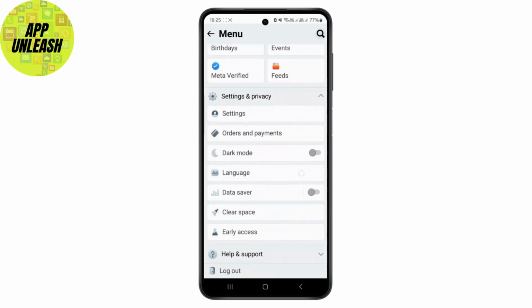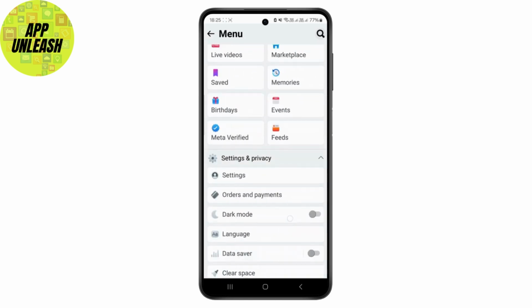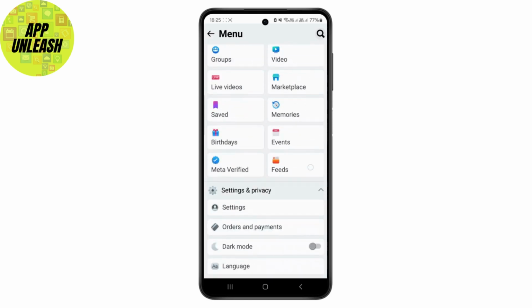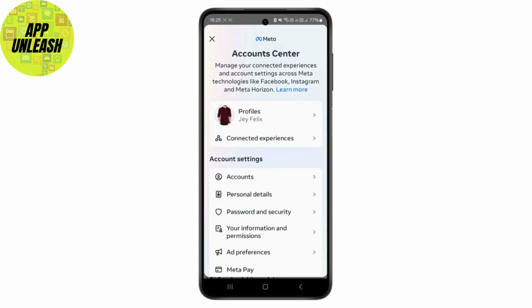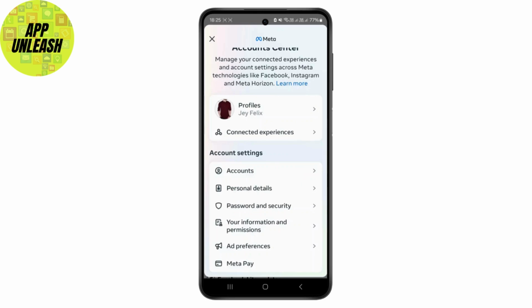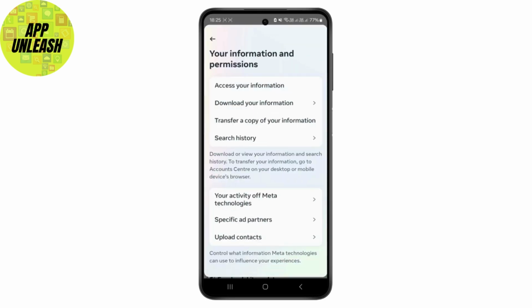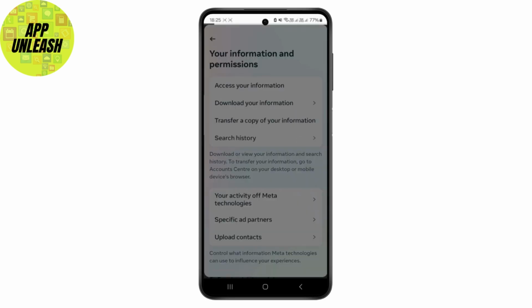So once you click on it, you scroll all the way down until you see the option called settings. So under the settings and privacy option, just click on settings just like this, and just click on view more or see more in account center. So from here, just tap on this your information and permission option and just click on the search history, and